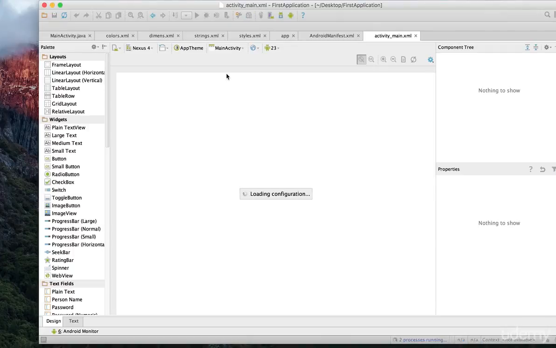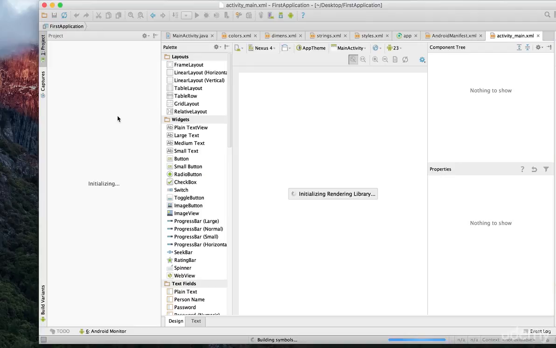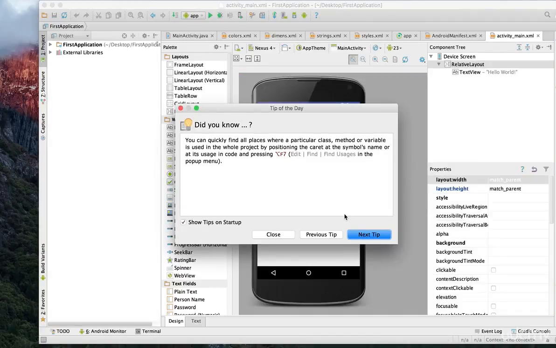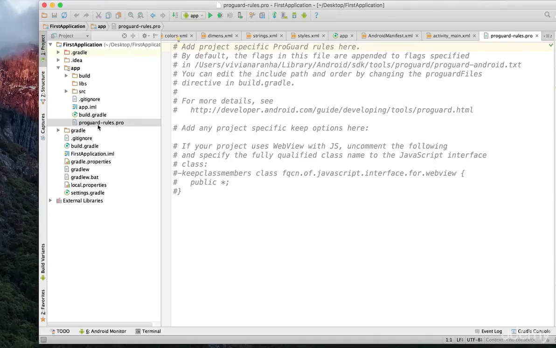Now there was one more file at the bottom of the project called proguard-rules.pro. ProGuard is a settings file that shrinks and optimizes your code by removing unused code and renaming classes, fields, and methods, which semantically obscures names. The result is a smaller APK that is more difficult to reverse engineer,